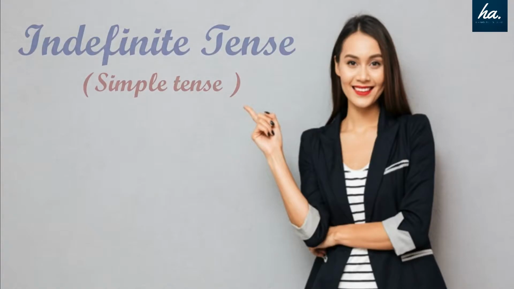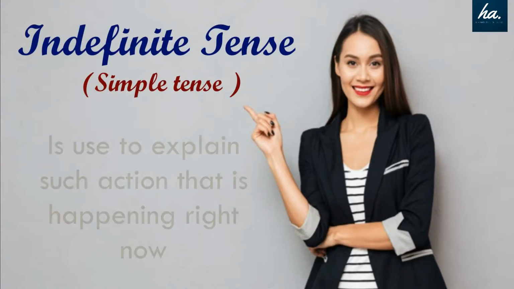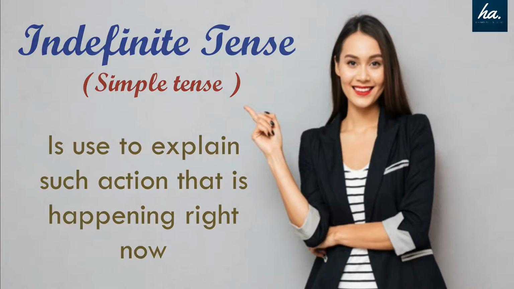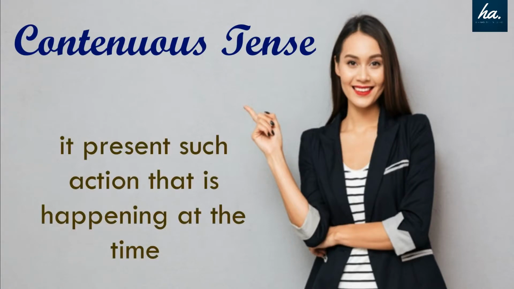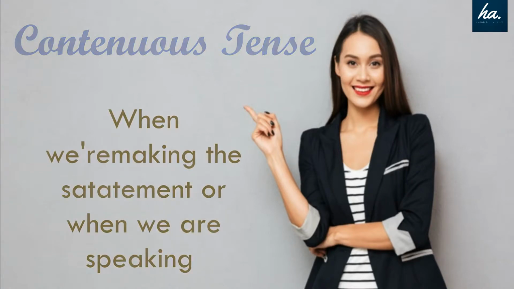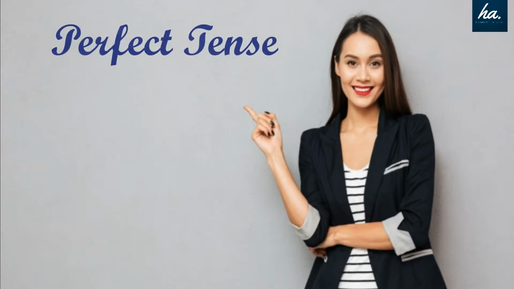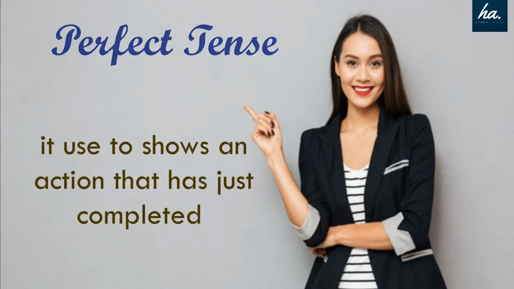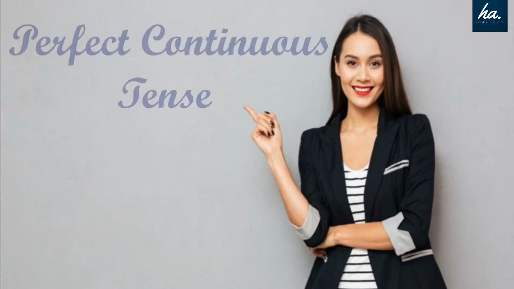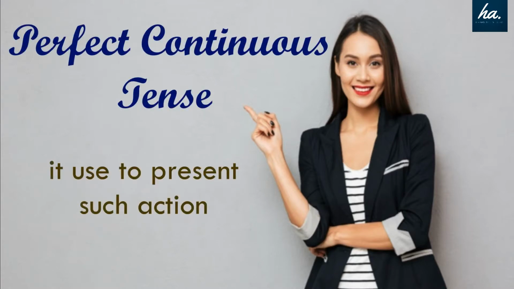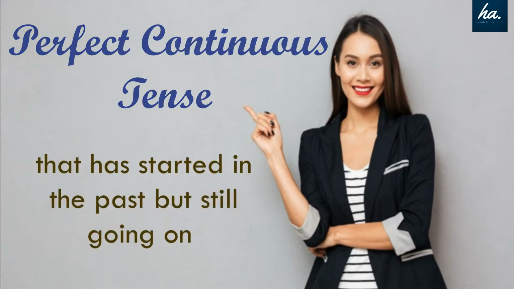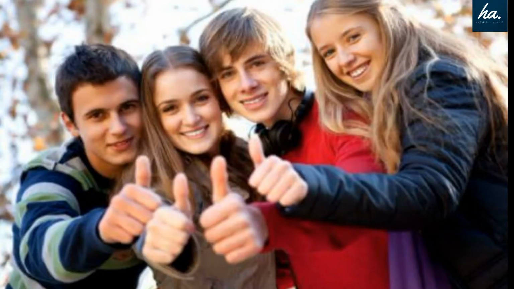And the first thing that we have studied is the indefinite tense that we also call as simple tense, that we use to explain or to present an action that is happening now। And the second tense was the continuous tense that we use to present an action that is going on at the time when we are making the statement। And the third tense was the perfect tense that we use to show the action that has completed। And the fourth tense was the perfect continuous tense that we use to present an action that has started in the past and still going on।